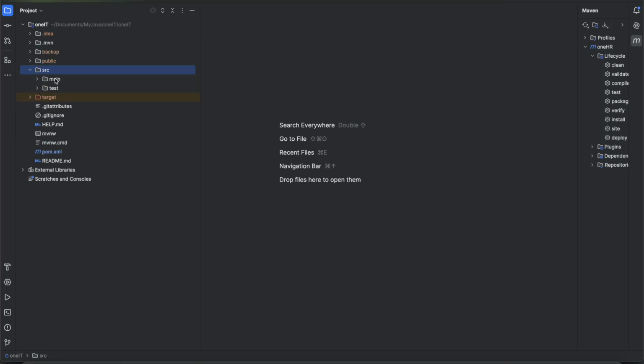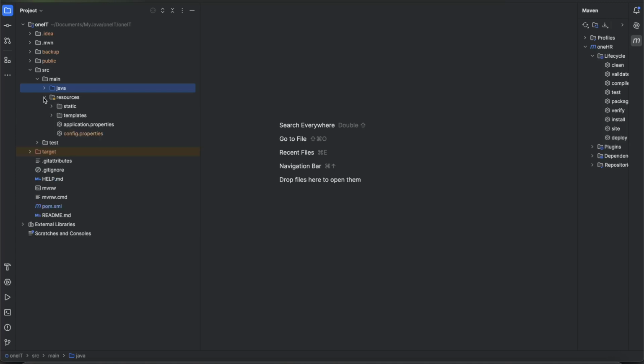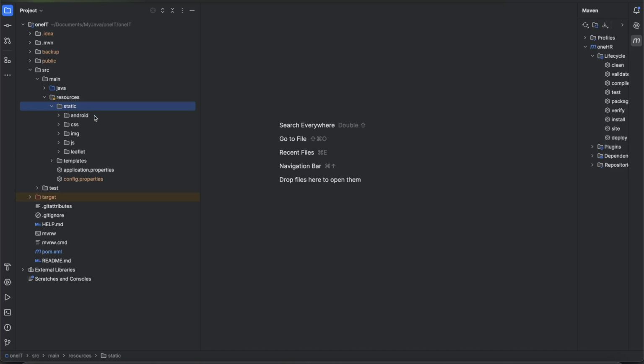This is the source. We have main, and under it we have Java and resources. In Java, any code written in the Java programming language will be in this folder, and any HTML file will be located in resources. So let's go to resources. For static, the HTML, CSS and JavaScript will be located in static, and some